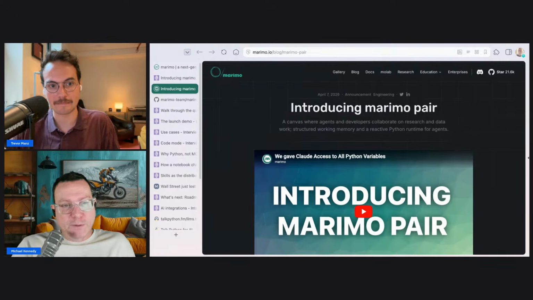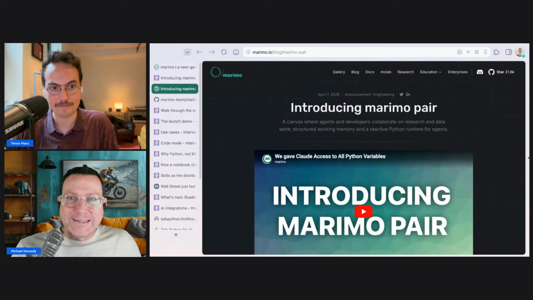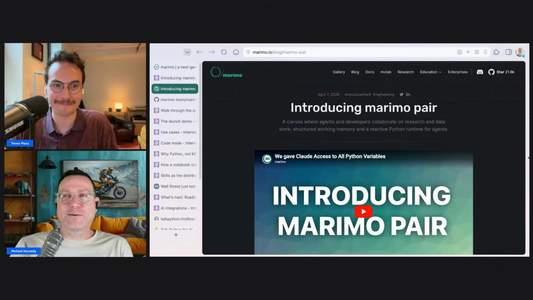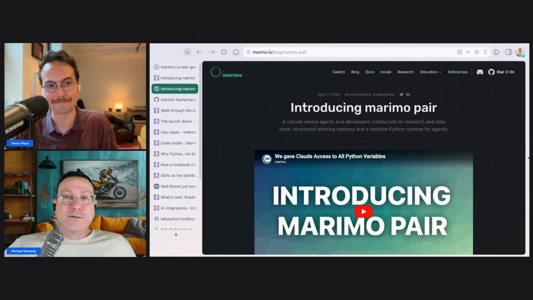on-ramps for people to get into notebooks and programming and so on, because maybe they can ask decent questions about data, but they can't necessarily go, okay, I'm going to get the XML, the XLS writer or whatever it is, right? As you can tell, I don't remember exactly the name of it. So there you go. Right, that kind of thing. And just like load this up and then let's talk about it.